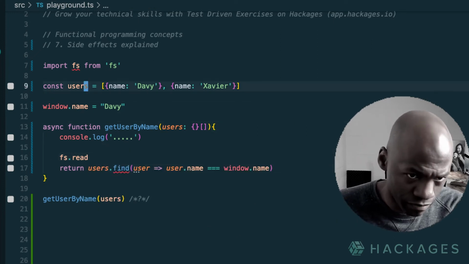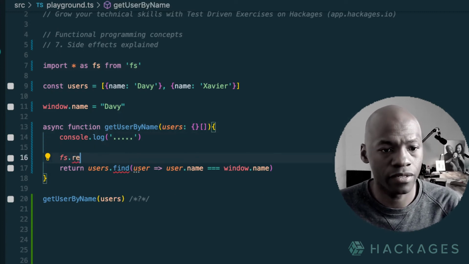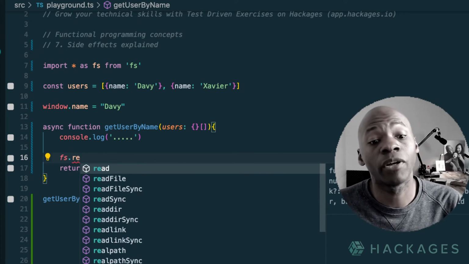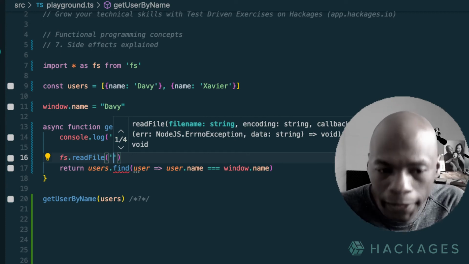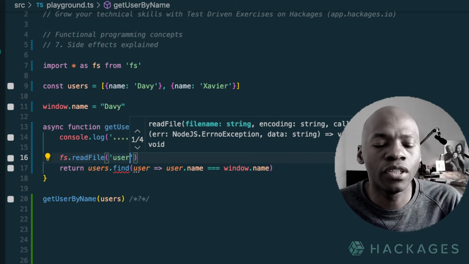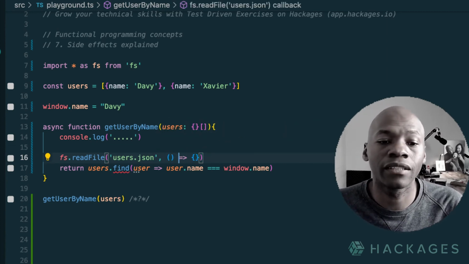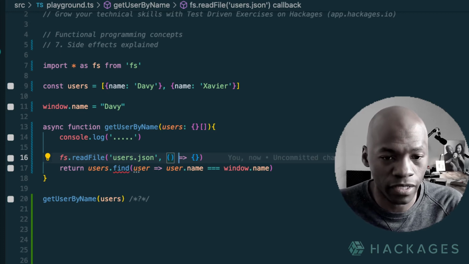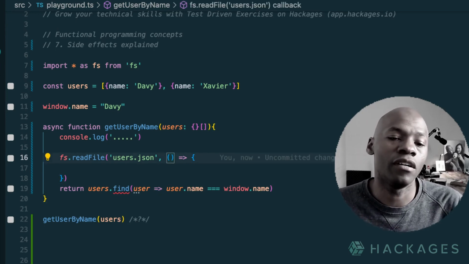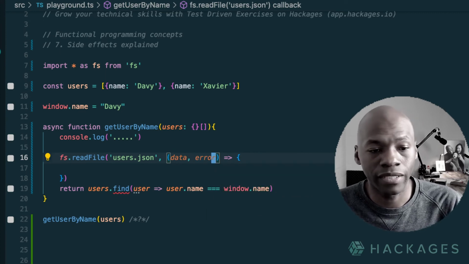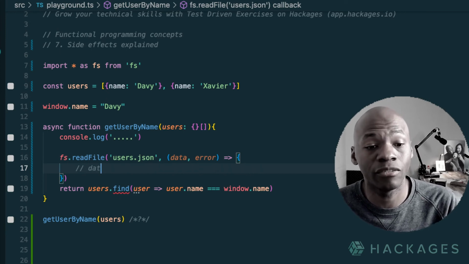I think I need to import it in a different way, and then I can now enjoy some help here. So I will, for example, read file, and there you have readFile, and I will say, for example, go and read the file user.json, right? And then from that file, you're just going to pass a function here that's going to return you something, and then here I'm going to have some data and some error. I don't remember the way that API works, but let's assume that data here is